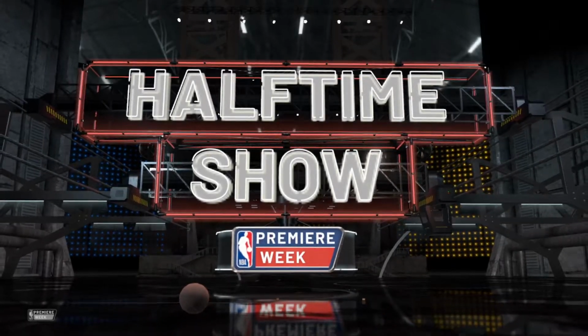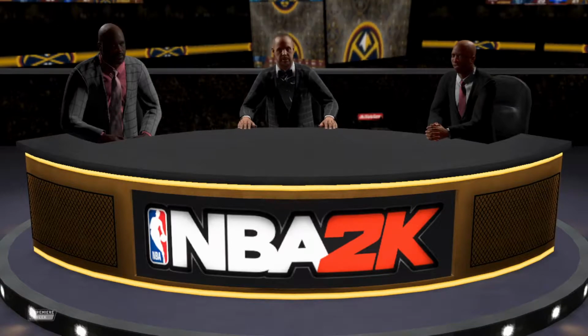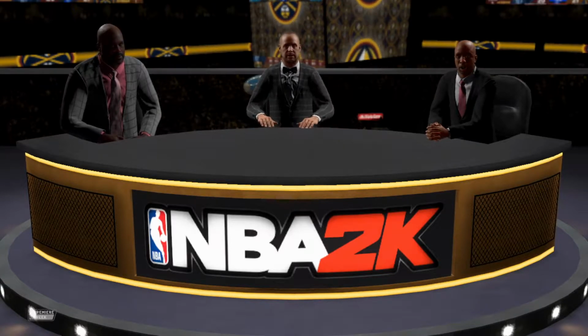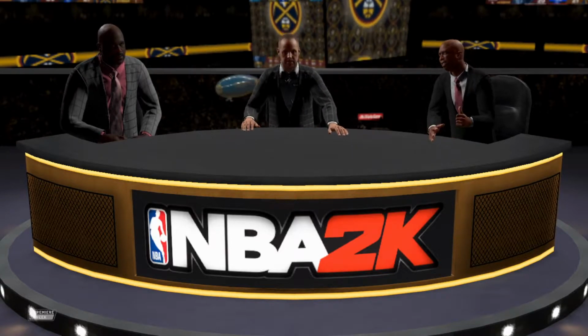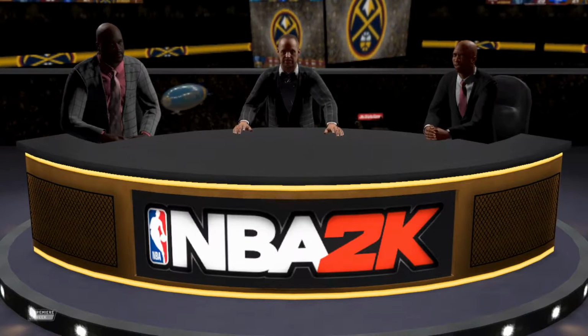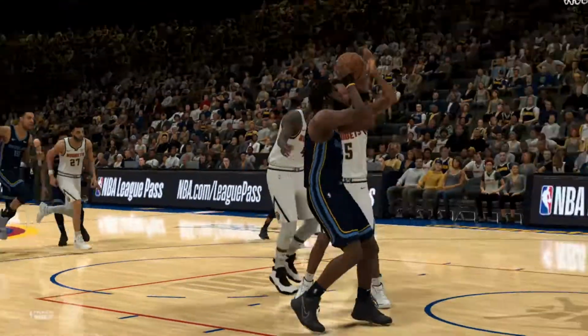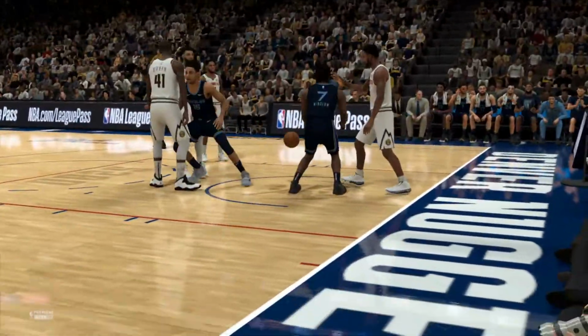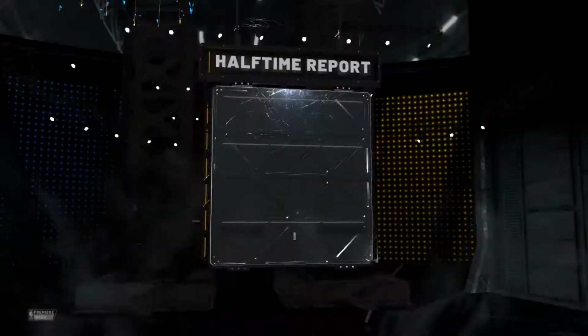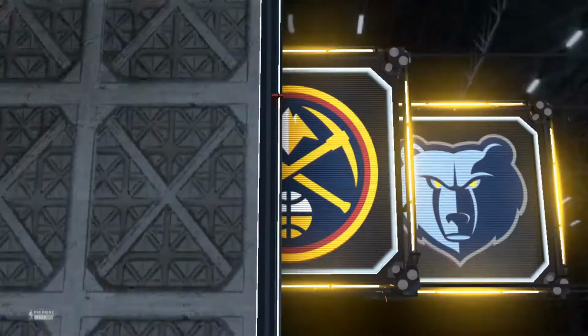And now, the 2K Sports Halftime Show. Ernie Johnson here with Shaq and Kenny, and a favorite time of the year as we're halfway through one of the first games of this fresh NBA season. A pretty close game for the Nuggets throughout the first quarter. They never put themselves in too much danger. 4 points was the most they trailed by. And fellas, Jamal...